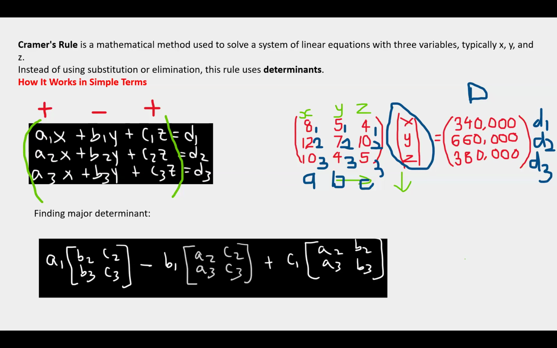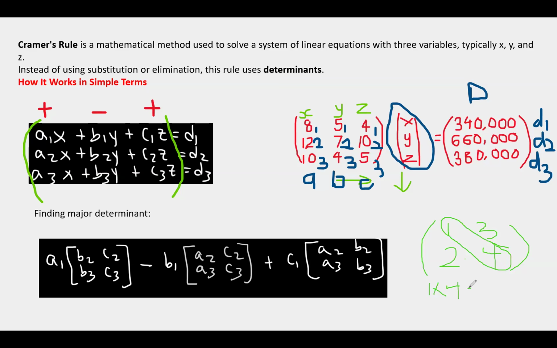For matrices, in the earlier part, we learned how to find a determinant. Let me just annotate. If this is your matrix, and you have 1, 2, 3, and 4, when we're finding the determinant, we take the major diagonal, which is 1. You're going to have 1 times 4,